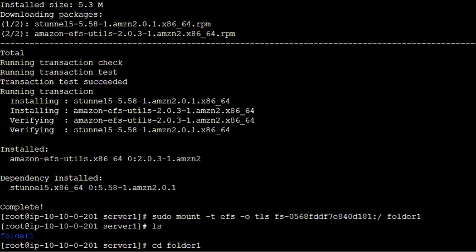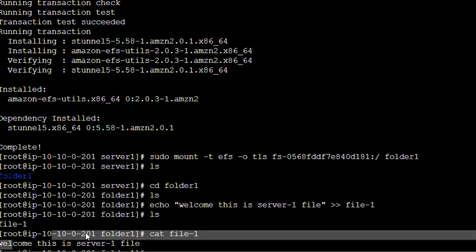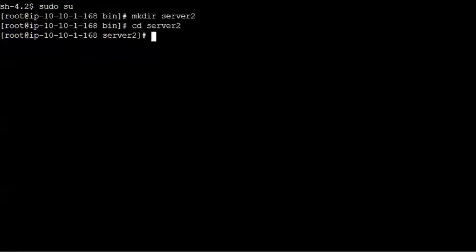We have put a file, right? What is that file? That file is nothing but file 1, which contains some content, that is, welcome, this is server 1 file. So that file I want to access from this server 2 by connecting to that EFS file system. By mounting that EFS file system to server 2, I want to access the file which I have created from my server 1. So to do that, now let's